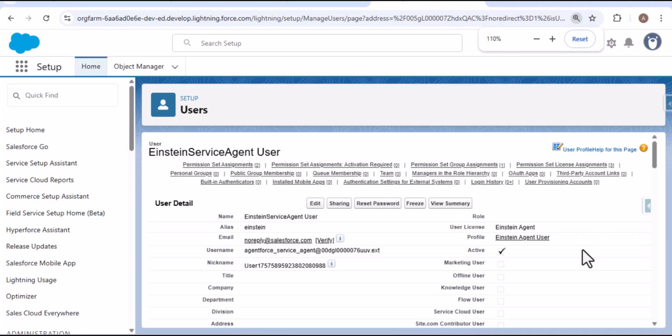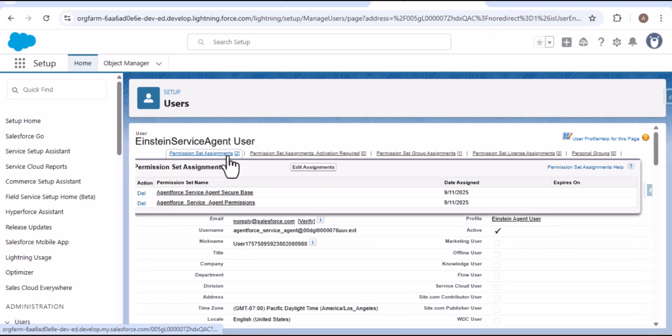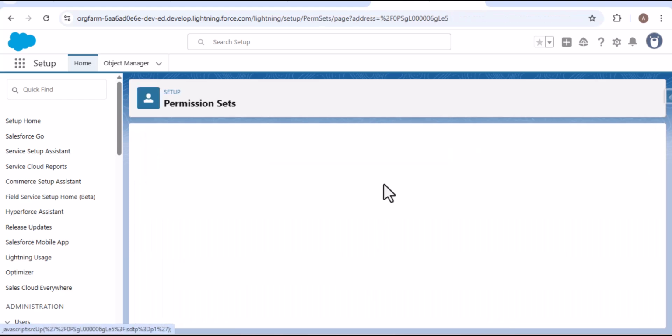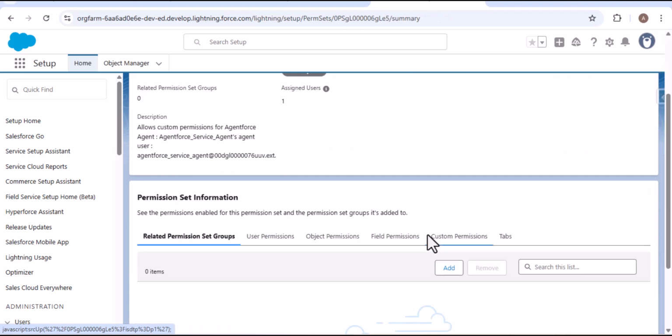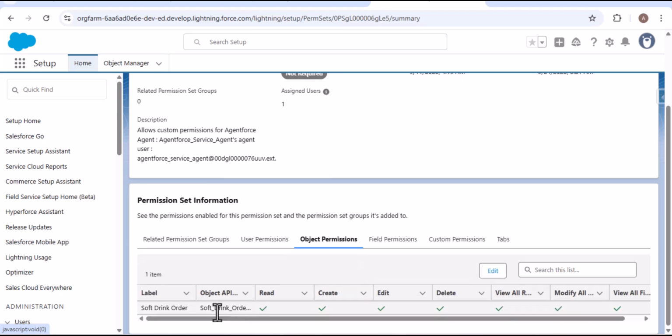Now how can we give permissions to this user? So here you can see we have permission set assignment. As you click on it, here we will have two permission sets, or if you want to create a new one you can create it. Now as I open this Agentforce service agent permissions, let me show you. So from here let me click on view summary. Now as I scroll down and click on object permissions,